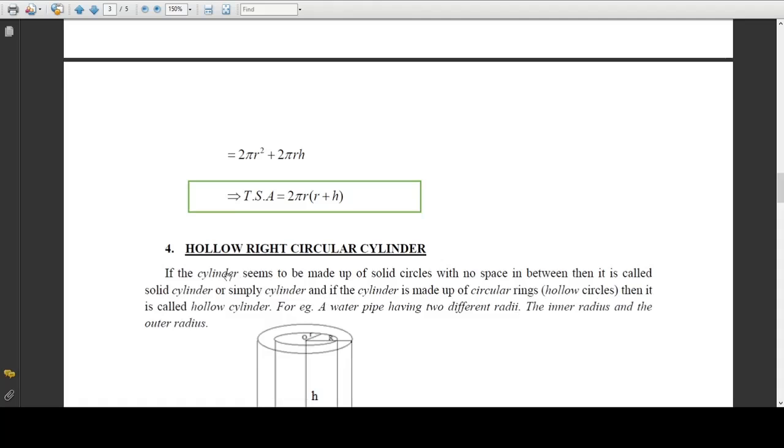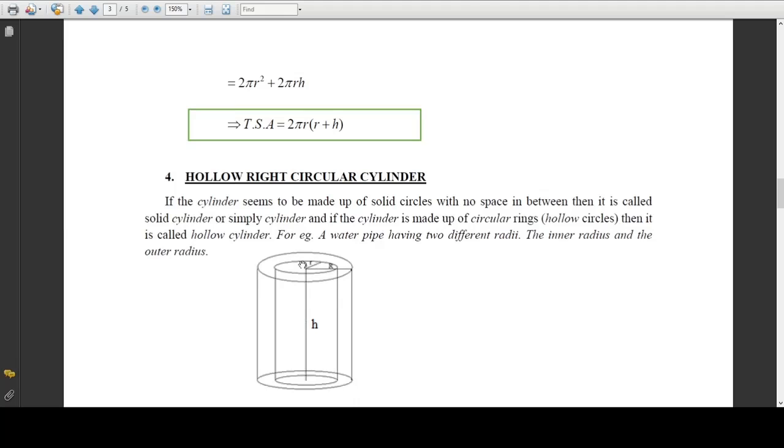is with a hollow right circular cylinder. Okay, now this cylinder here is the same as the previous one, but the only difference is that here the center of it is hollow. Maybe we can compare this cylinder to a pipe, a water pipe. If you look at the water pipe, there is a hollow at the middle, and